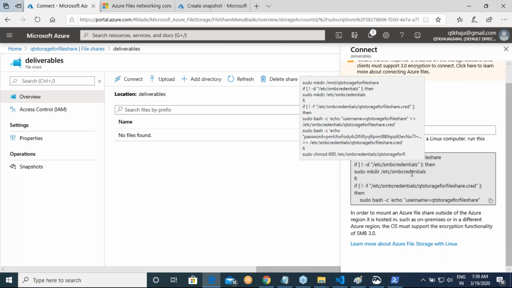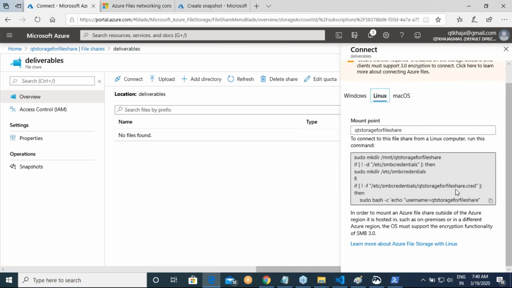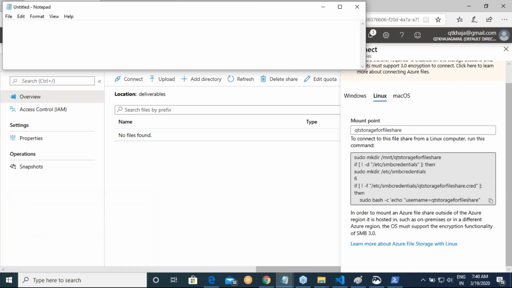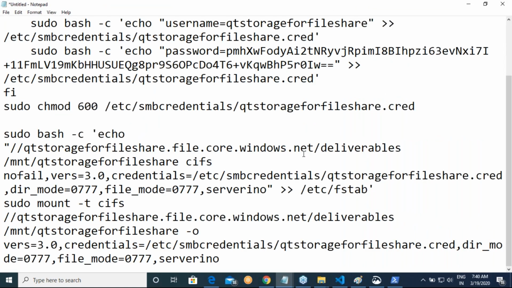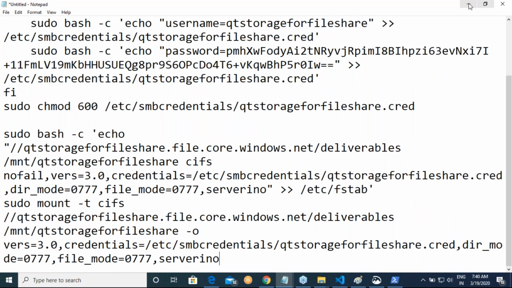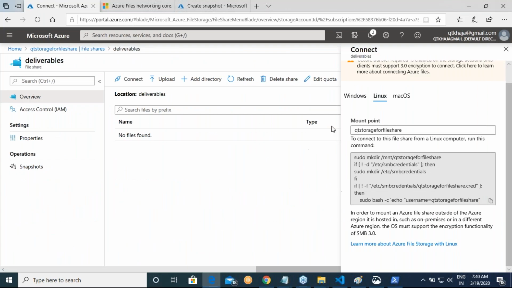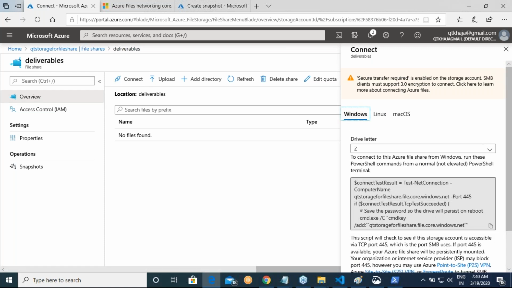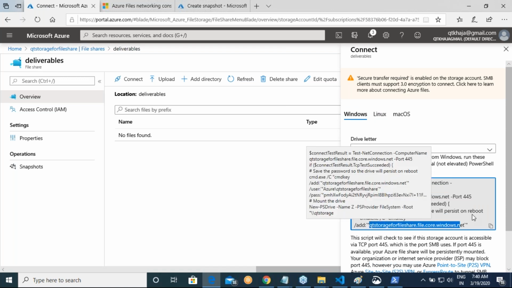So you have to basically get into etc credentials. And then if you copy this, I'm just showing you the whole script. Are you seeing this whole script? Now what I want to do is, remember you have a Windows machine and you have a Linux machine. So go to Windows machine. And then you can mount the connection. For that, it is very simple.